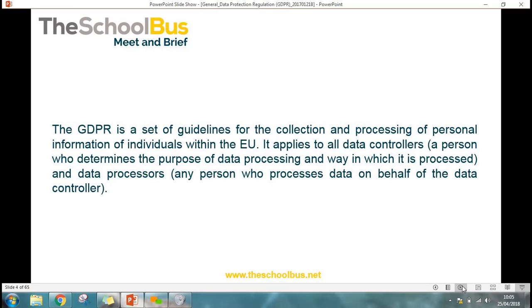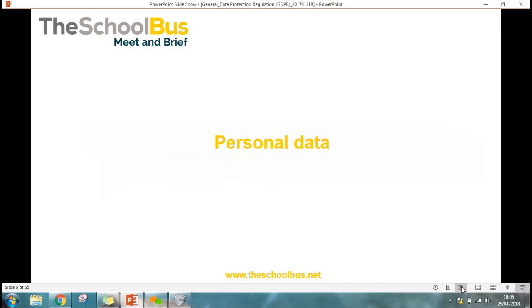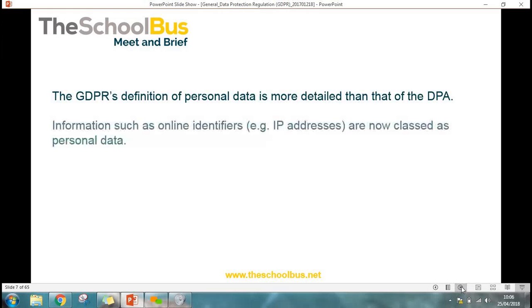So for the first time, we're picking up the obligations on our supply chain and those firms that you may use for processing of data. And as I mentioned at the start of the webinar, despite Brexit, it's still coming into force 1 month from today. So in terms of personal data, the main categories that we've got within the data,